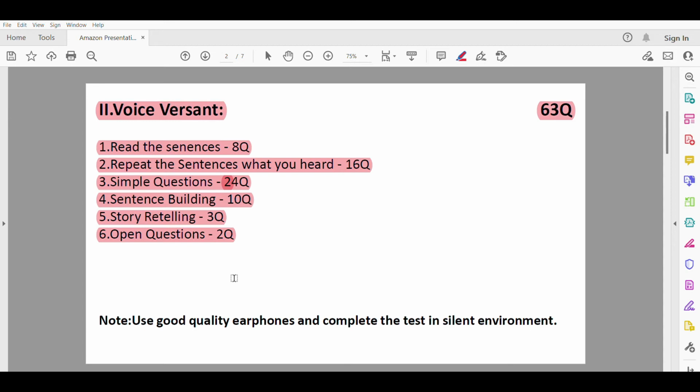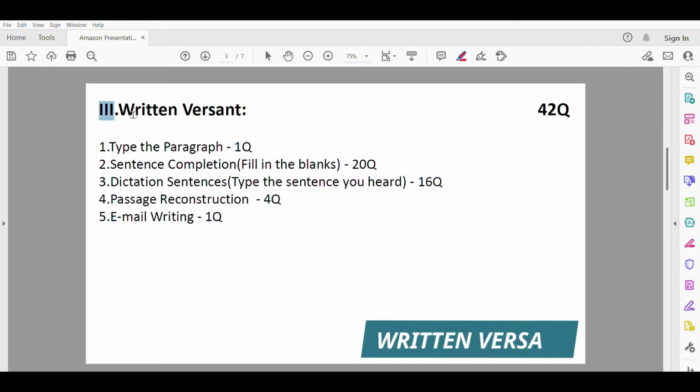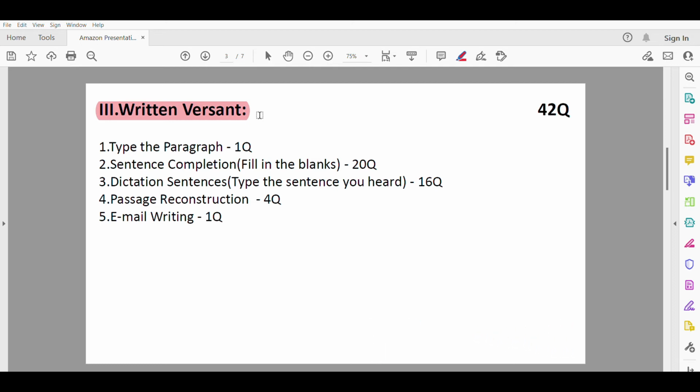Okay, right? Next we move on to the third test, which is the written version test. Basically the voice version test and written version are the same, but the main difference is that in the voice version we have to speak out the answers, but in the written version we have to type the answers. This written version test is also used in some cases for Tron Associate and for LMAQ, SPS. So there are many roles in which the written version test is given.